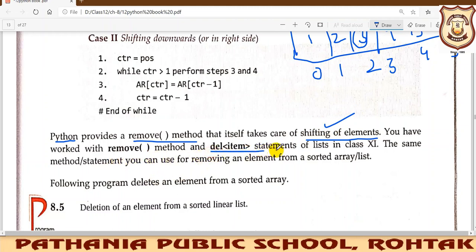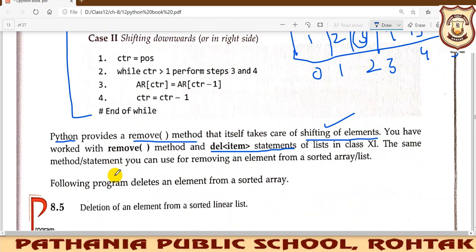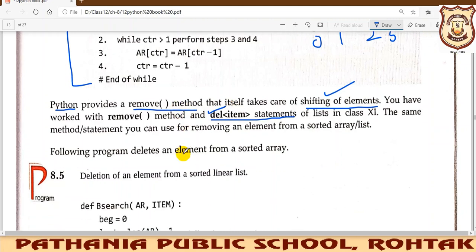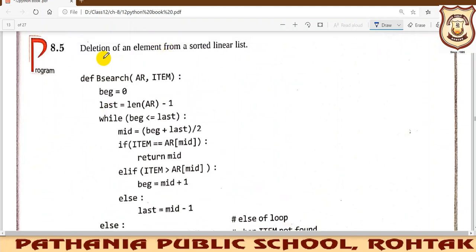We can use the del statement also to delete the particular item, so we can avoid using these algorithms. We can use this remove function or that del statement to remove that particular item from the sorted linear list. Here we are trying to implement the deletion of the element from the sorted linear list. This program also you can add to your practical file.